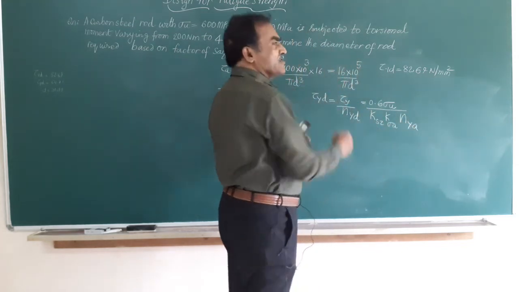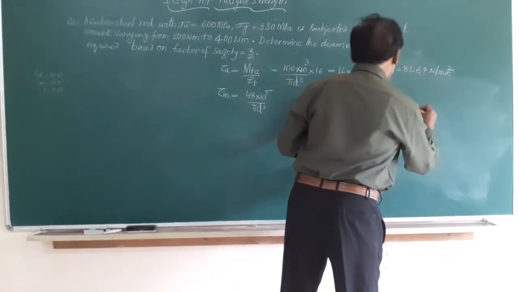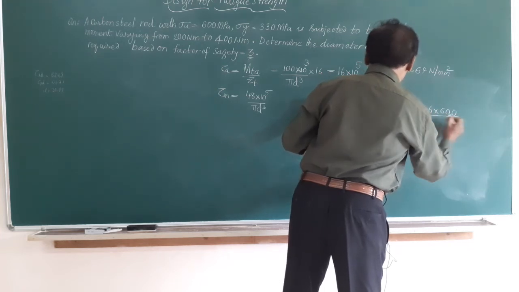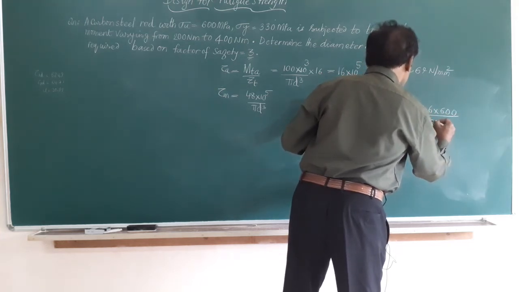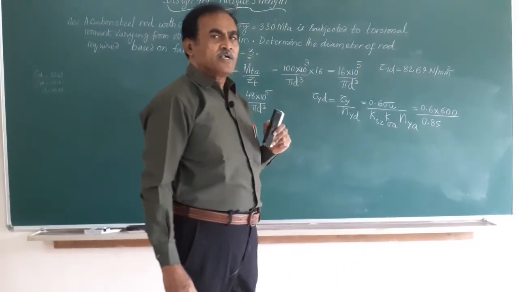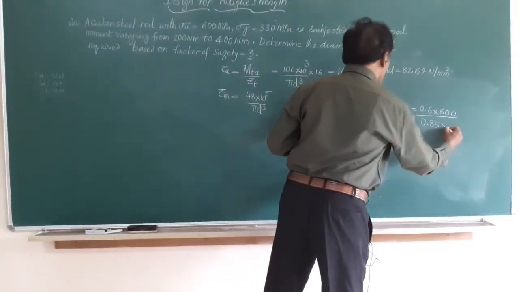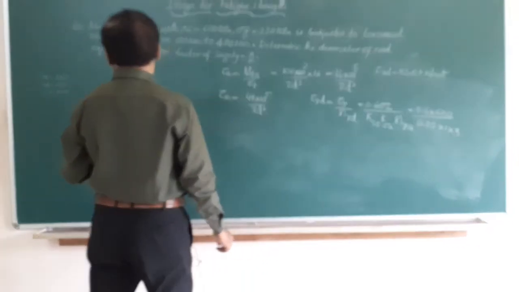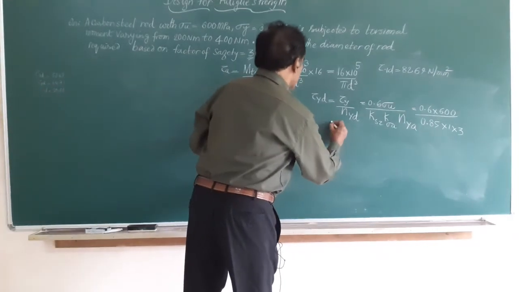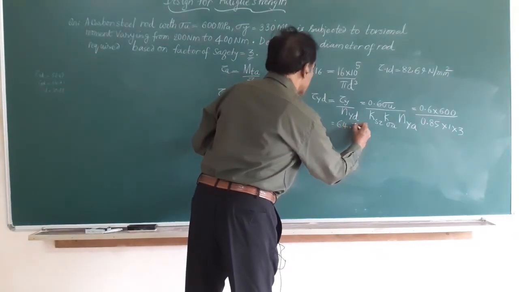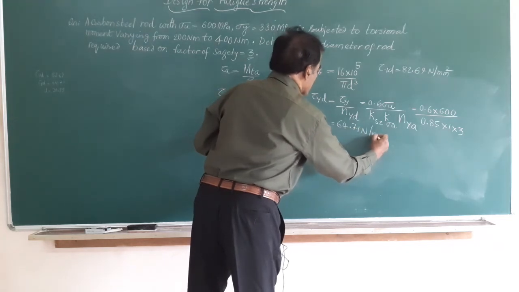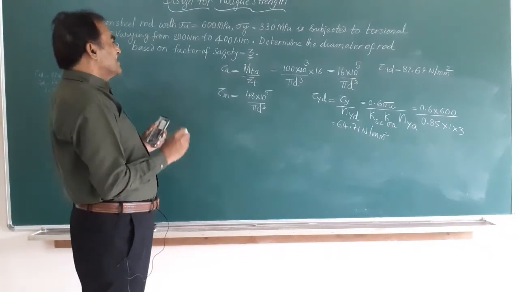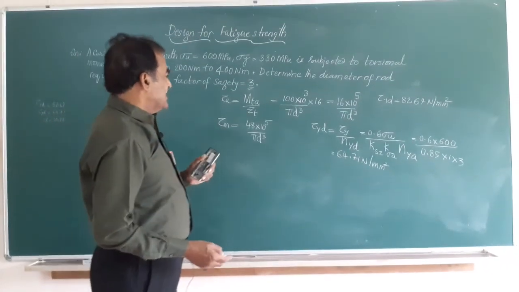Again, you find all these equations in the data handbook. So, it is 0.6 times sigma u is 600 given in the data, KSZ is 0.85, K sigma A is a stress concentration factor. When nothing is specified, you can take it as 1, and NYA is the given factor of safety. With all this substitution, friends, you get tau yd 64.71 Newton per mm square or MPa. Friends, we are able to evaluate all the 4 terms of that equation. Let me substitute and obtain the value of d.